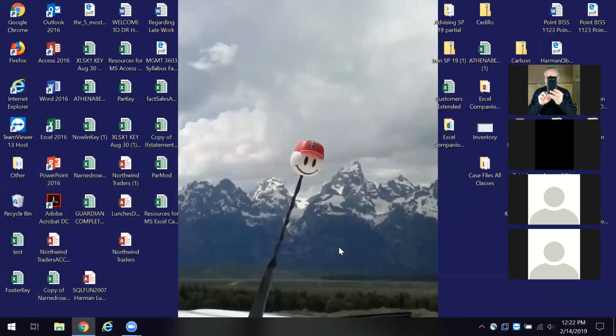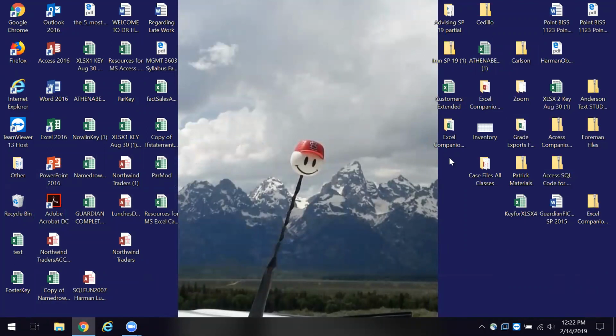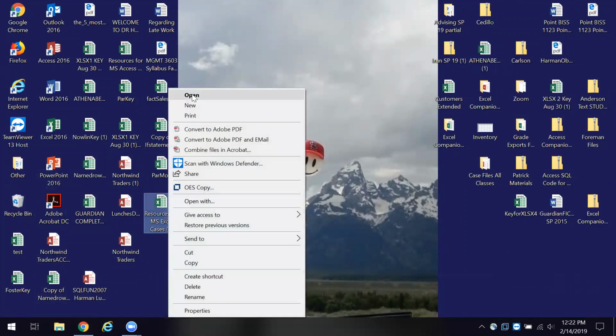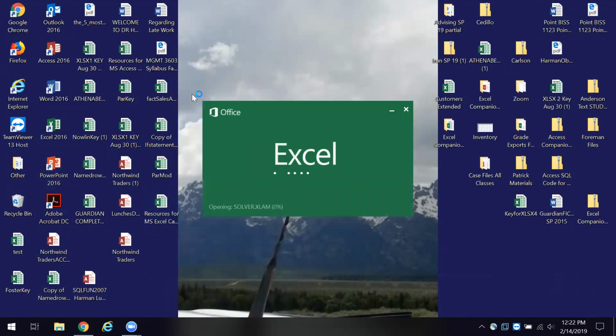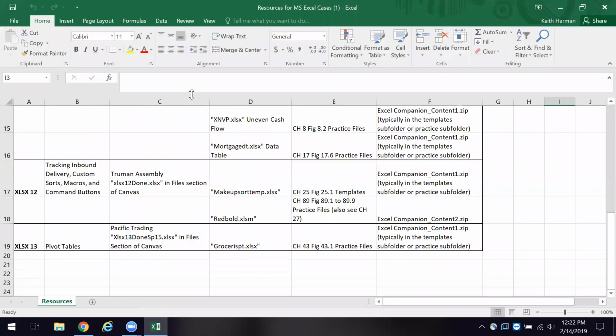Okay. You should go ahead and log in to Canvas if you have not. And then I have the resources for the Microsoft Excel cases. And I want to move us on. Again, we're moving fairly rapidly. And like I said, I front load things so that we can give you some flex time at the end if you might need. Regardless,